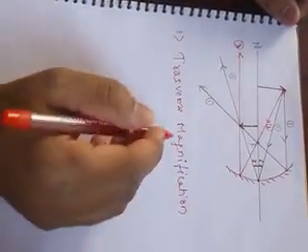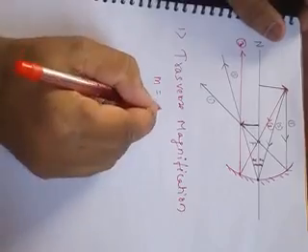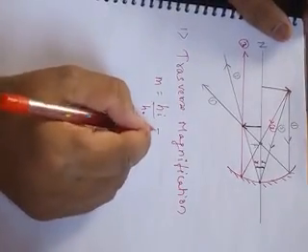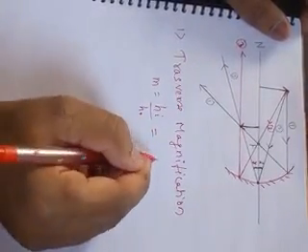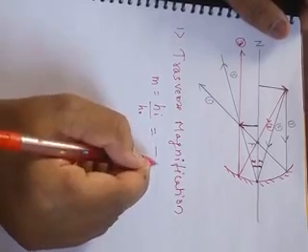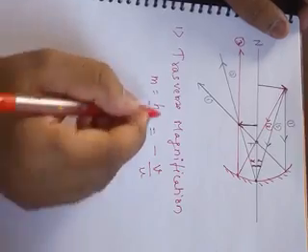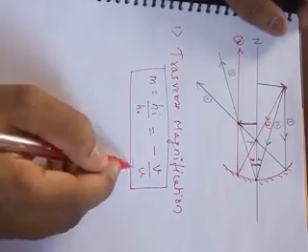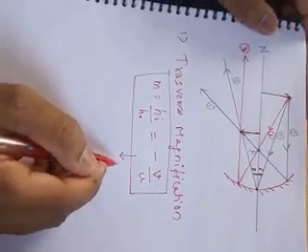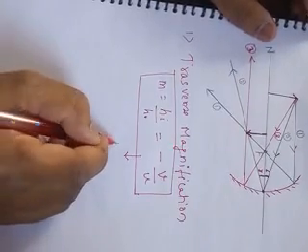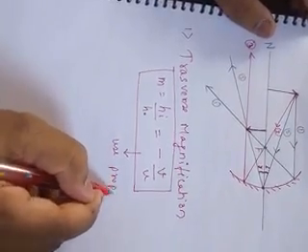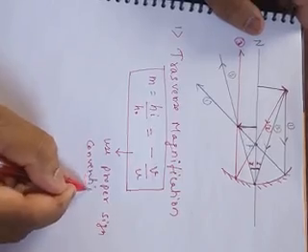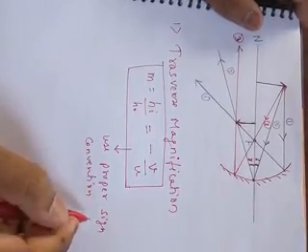So first one, transverse magnification. So m equal to height of image by height of object, we already know, but we can relate it with the object distance and image distance. The formula you should carefully note: minus v by u. So minus, and then v, and then u. V and u must be put with appropriate sign. So use proper sign convention while putting the values.